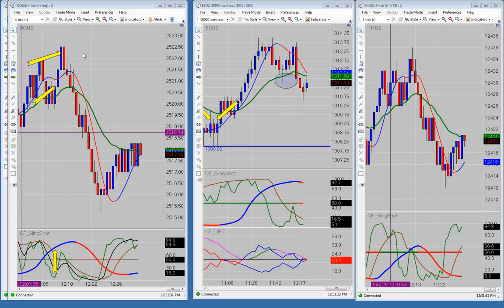I'm going to go over the results to start with here. On the YM, we are down 2 trades. We had 2 losing trades this morning. On the ES, we had 1 losing trade and 1 break-even trade. On the NQ, we had a bunch of trades, small wins. We're up 14 ticks over there, and on